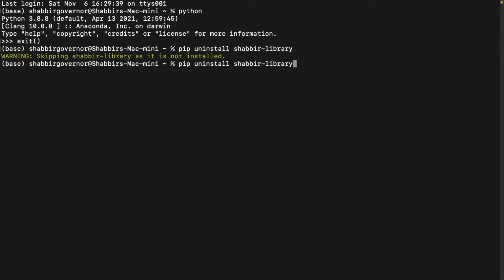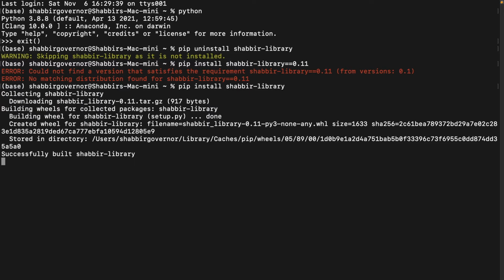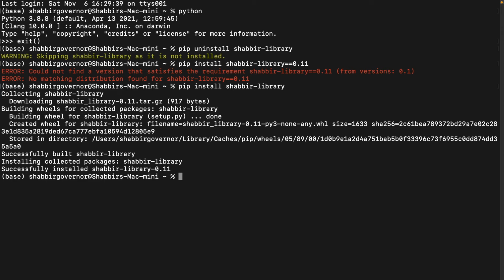So it shows that it is not installed. So we are good to go. We are good to install the library that we just created. So you see that we have installed the library successfully.